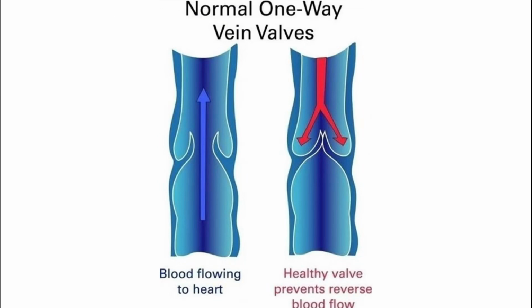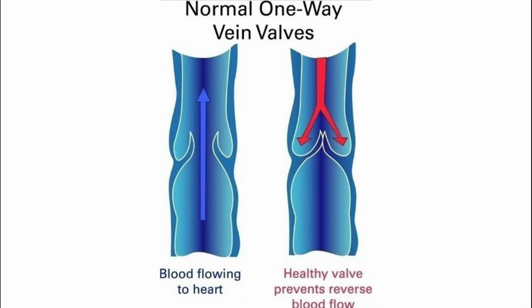Veins have valves. What are they made of? They are made of the tunica intima. That means they are made of two layers of endothelium plus little connective tissue in between these two layers. And these valves are what? They are one-way valves. They allow blood to go towards the heart, and they don't allow blood to come in